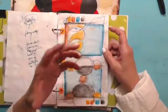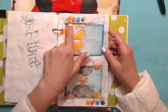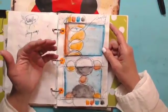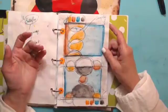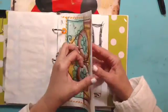Hey Marilyn, you may not think of those colors as being combinable because you just hadn't thought of it before. Bright orange, sienna, a teal-y blue, and a dark gray. So that's the benefit of having different